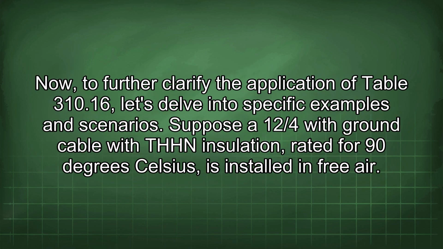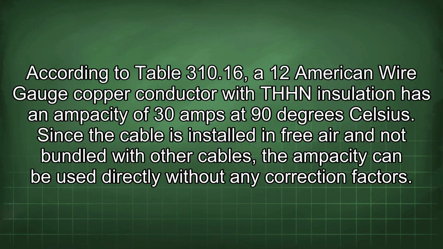compliant. Now, to further clarify the application of Table 310.16, let's delve into specific examples and scenarios. Suppose a 12/4 with ground cable with THHN insulation rated for 90 degrees Celsius is installed in free air. According to Table 310.16, a 12 American wire gauge copper conductor with THHN insulation has an ampacity of 30 amps at 90 degrees Celsius. Since the cable is installed in free air and not bundled with other cables, the ampacity can be used directly